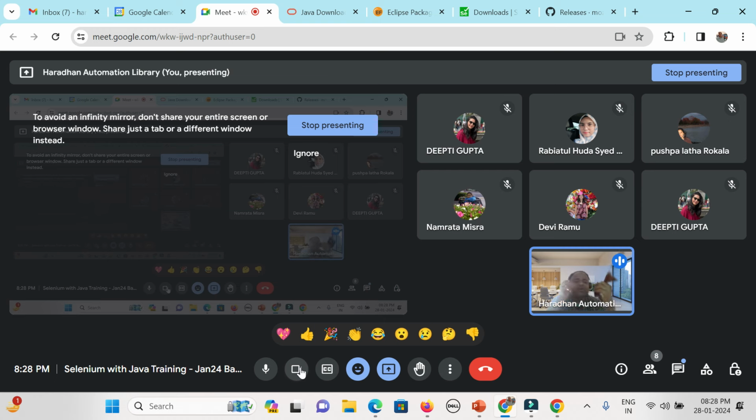So you need to ask your question for any kind of clarification, right? I will repeat it again. No worry. And after that you need to go through the documentation. All the documents I will share, all the sample code I will share, and the recording you will also get, so you can go through it multiple times.